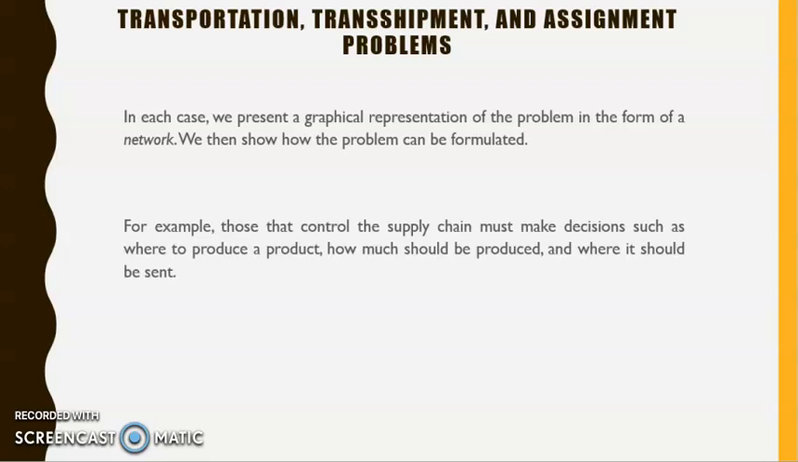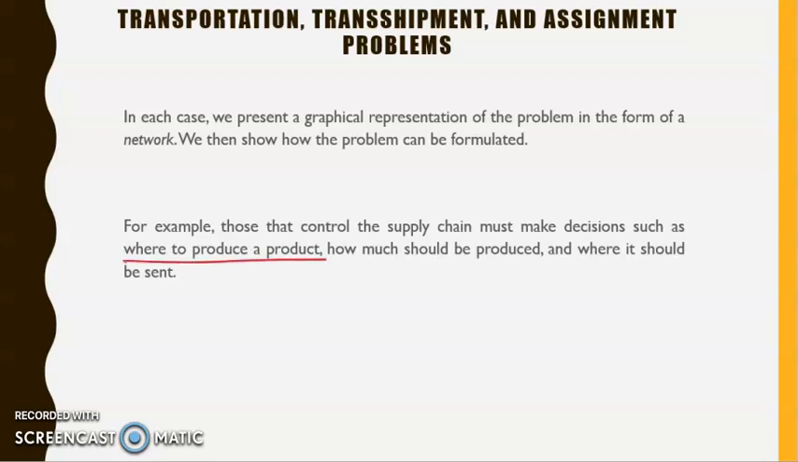And as I told you about the main difference, the main feature of network models, I said there is a start point, an origin point, and also some destination points that give you many options, and also a quantity, a volume, that connects these two things together. So that's the reason in this slide you see, for example, those that control the supply chain must make decisions such as where to produce a product,